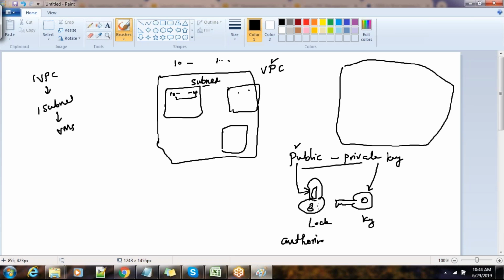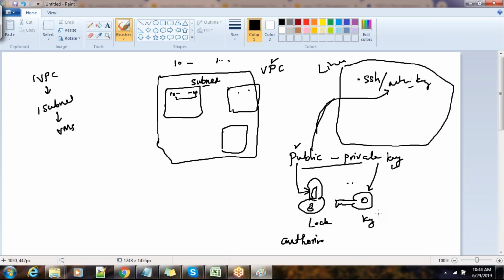We can have one lock and multiple keys, so we can have copies of the keys also. The public key we will keep inside the Linux VM, under the .ssh directory, with the name authorized_keys.